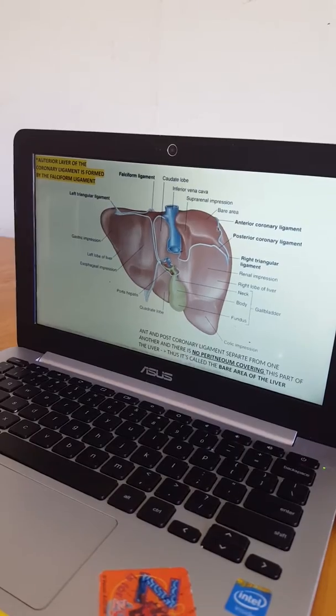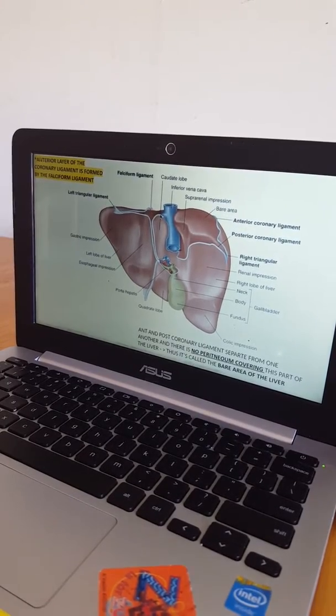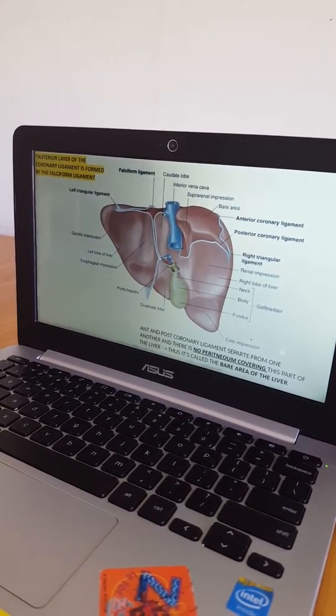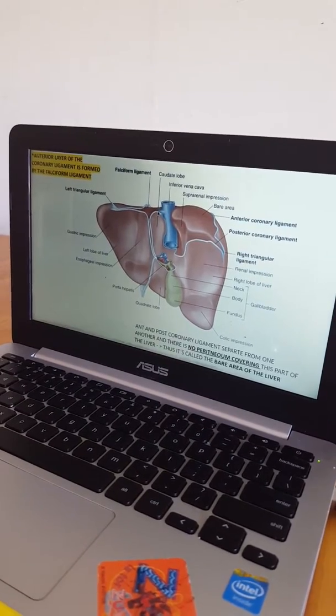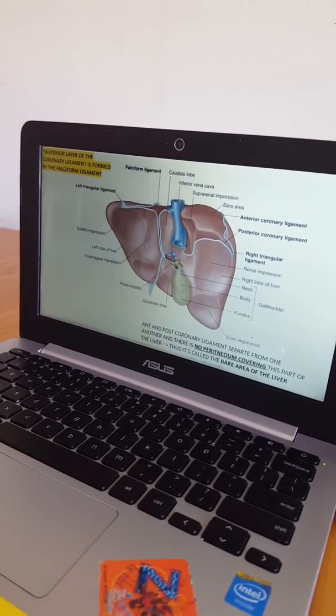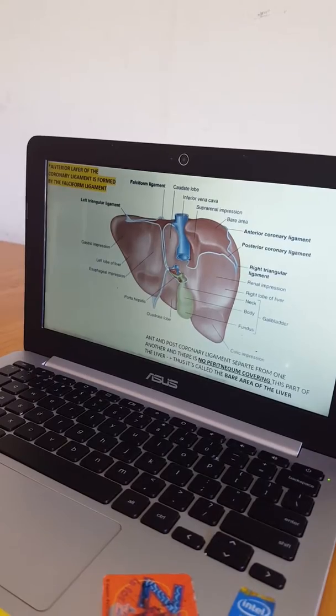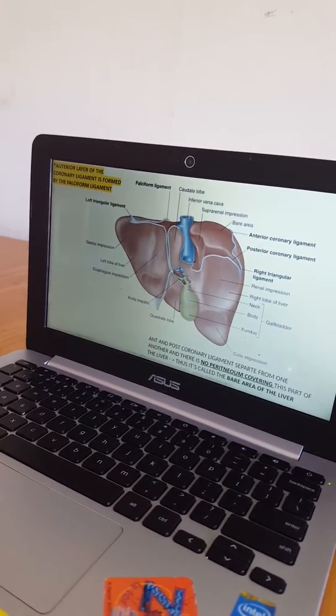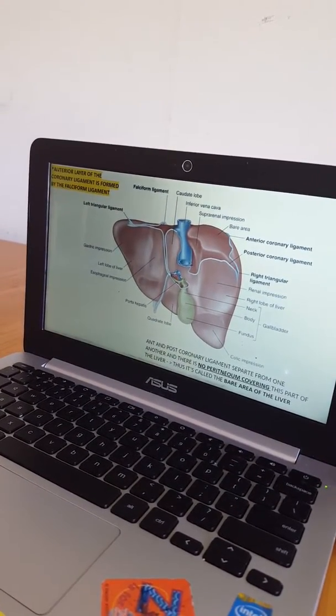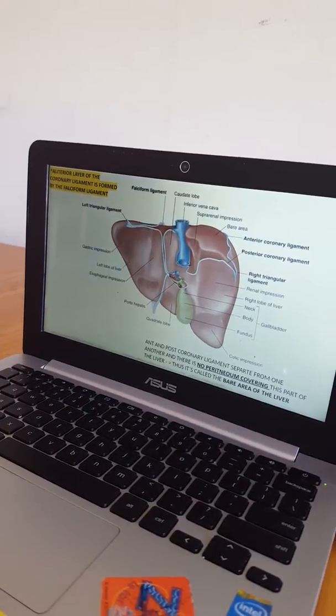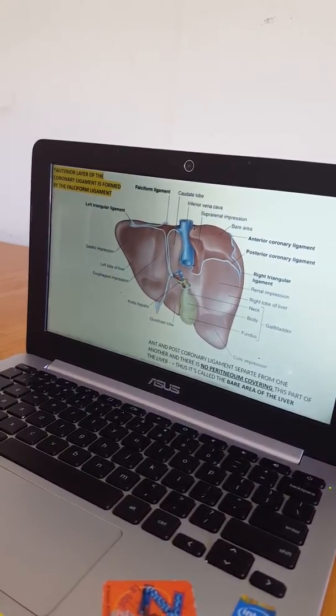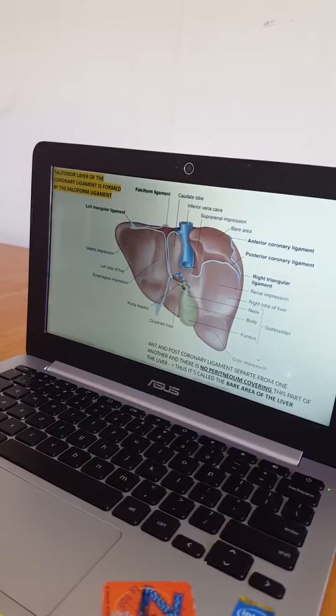So this has its origin from here. So basically it is all what? It's like peritoneal layers, which embryologically were wrapping the organ. So one thing gave origin to the other one. So you can see this is the bare area. This is all covered with the